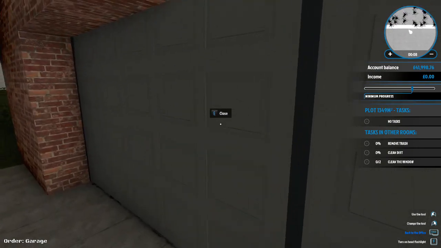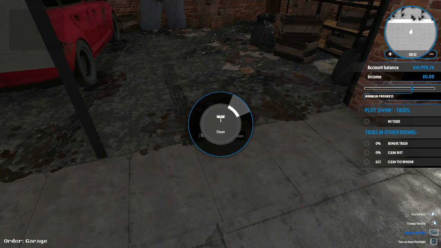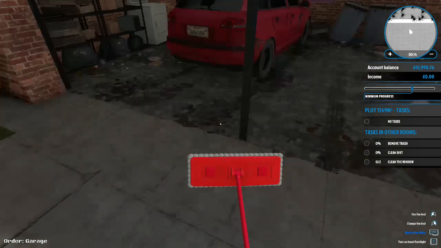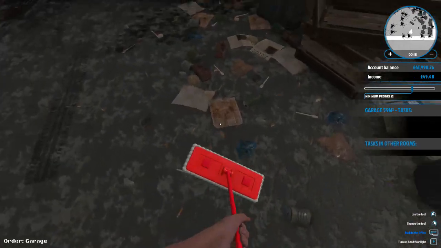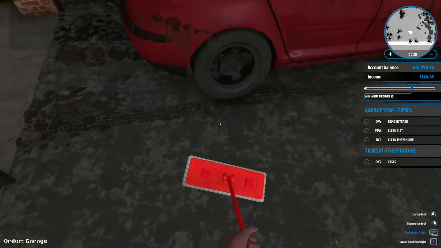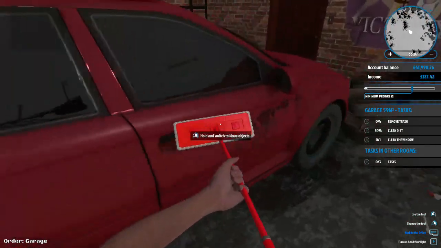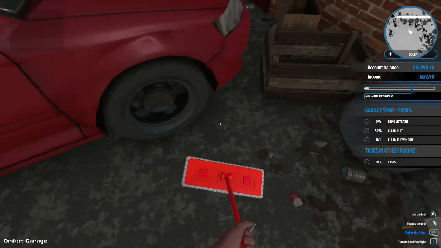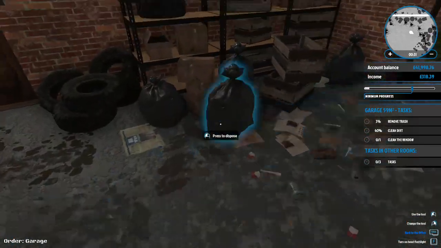Pop it open. I like to get both doors open just to... hold your nose, we're going in. But thankfully with upgraded broom skills, we're okay. Apparently he said he'd pay extra if we do the car, which is a little bit lazy in my opinion. I mean, it's obviously lazy enough for the trash line around here, but...